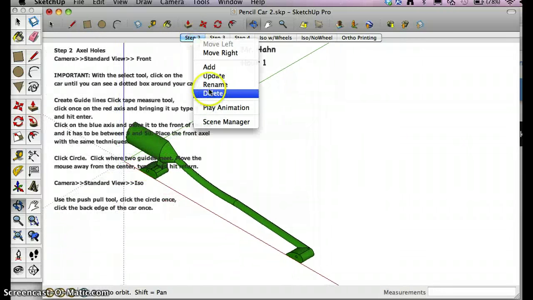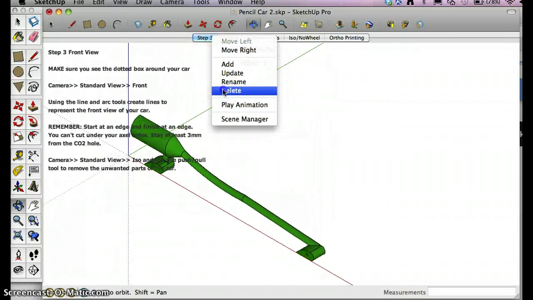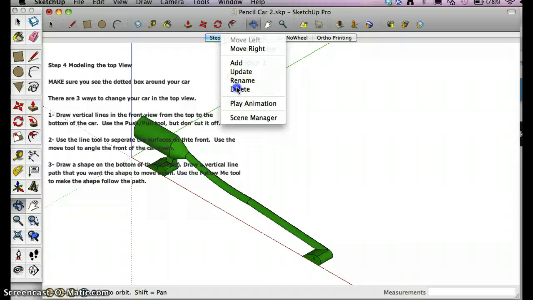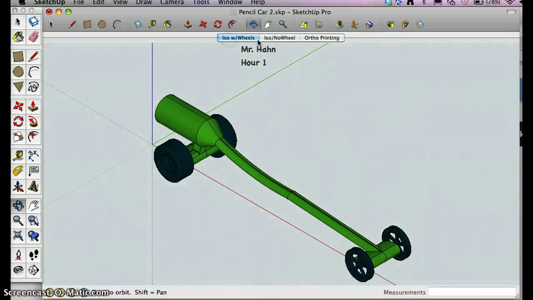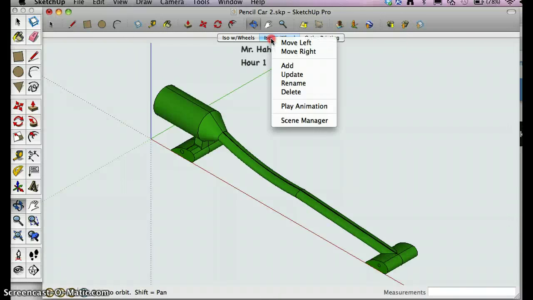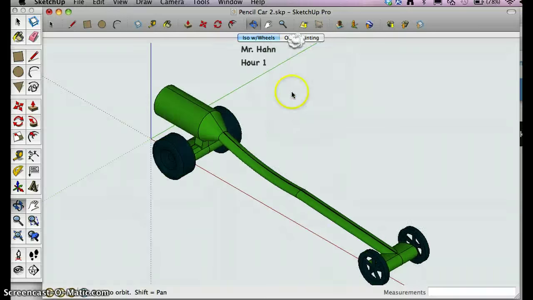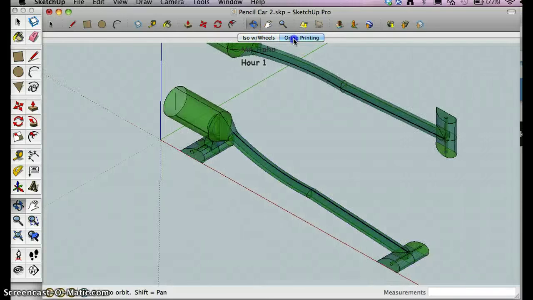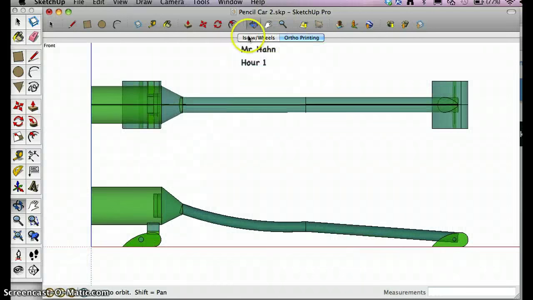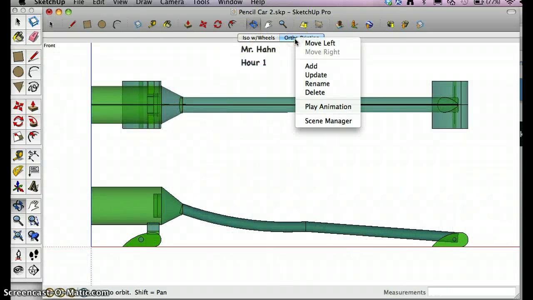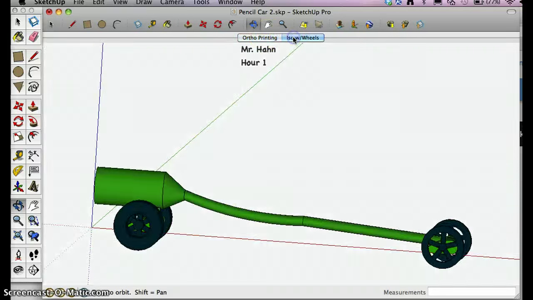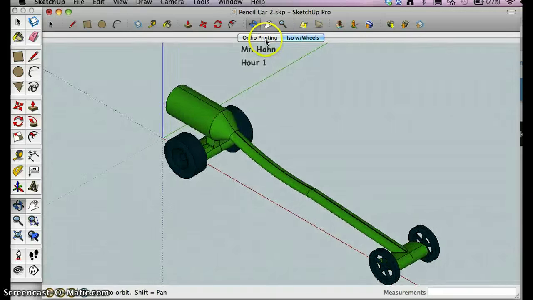And I want to get rid of everything except for ISO with wheels, and I can delete this one and ortho printing. I'm also going to move ortho printing to being my first scene, so I'm going to right click on it, go move left. Okay,